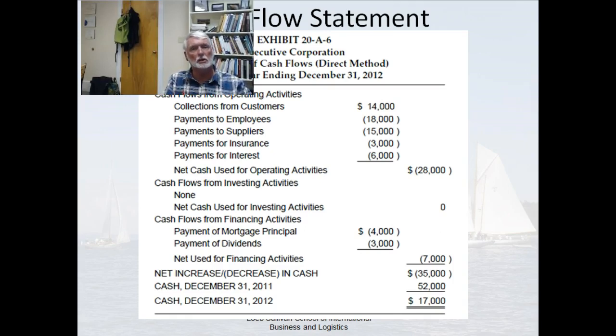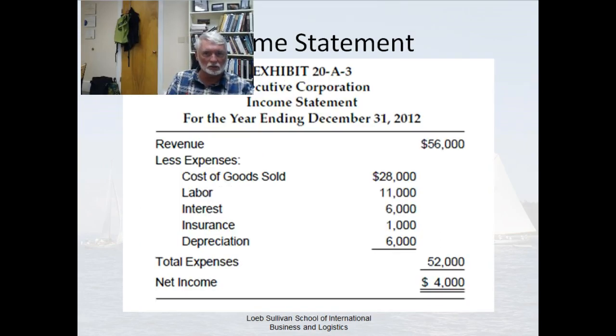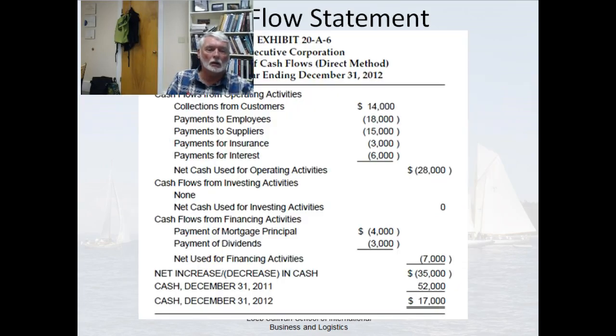So that tells you it's a different story from the income statement. The income statement tells you the transaction story, $56,000 in revenue, $52,000 in expenses, a $4,000 income. However, we bled some cash. We used a lot more cash than we took in. So our cash balances went down, and here's where we used it. So that's basically how a cash flow statement works. Following this lecture,